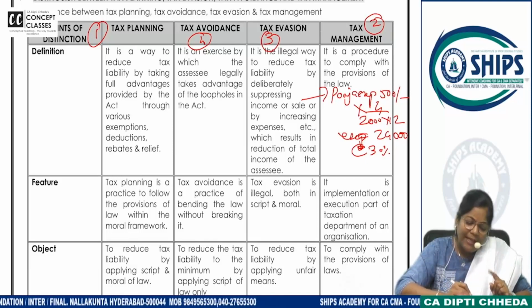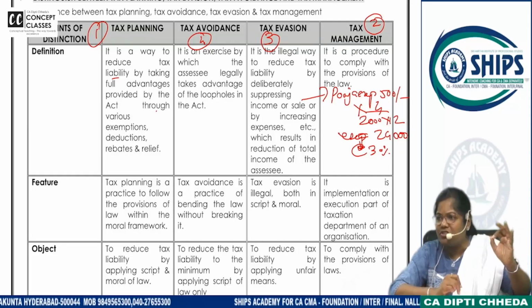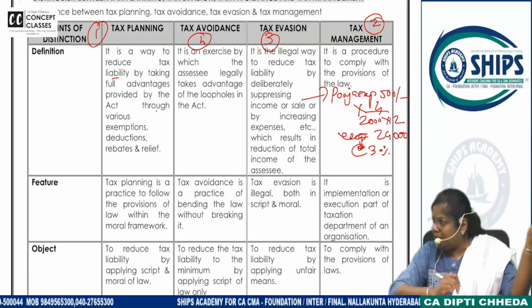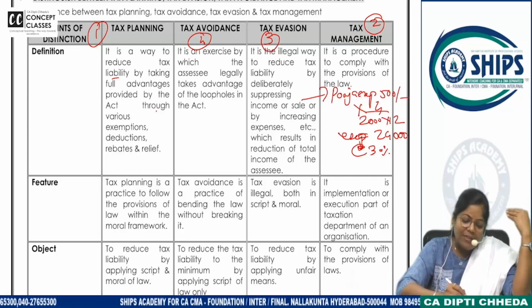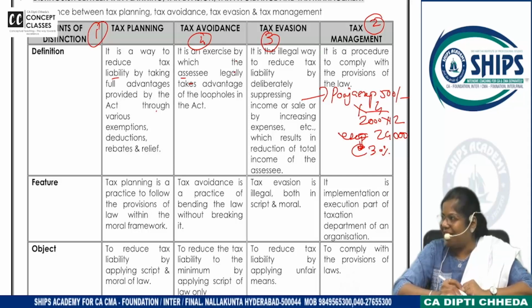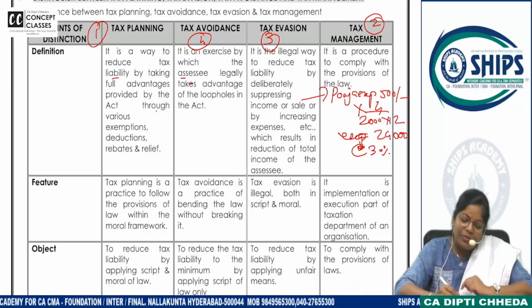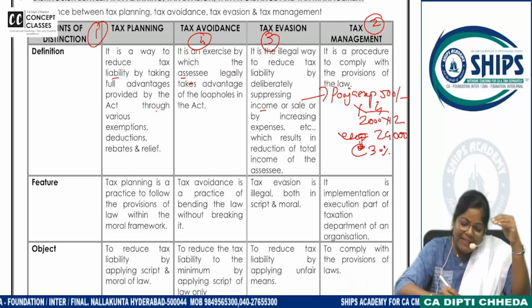The first one I am reading. Tax planning is a way to reduce tax liability by taking advantage of various exemptions and deductions. Then do the planning, take the benefit. Put money in PPF, take 80C deduction, like that. Tax avoidance is an exercise by which the assessee legally takes advantage of a loophole. Not allowed. Tax evasion is an illegal way to reduce the liability by suppressing the income, suppressing the sales,